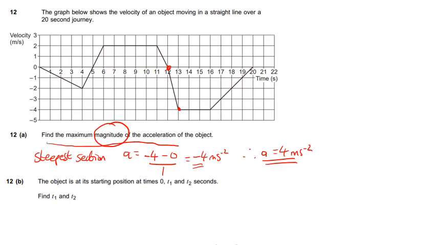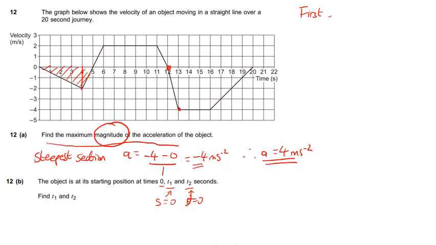Don't do half marks. Right, 12b. The object is at its starting position at times 0, t1 and t2. Find t1 and t2. That means the total displacement must be 0 there, and then it must be 0 again when it gets to here. So that's what we're looking for. We need to work out areas under the graph. Right, let's look at this first 5 seconds. In the first 5 seconds, the object is just moving away. So the area under that curve,